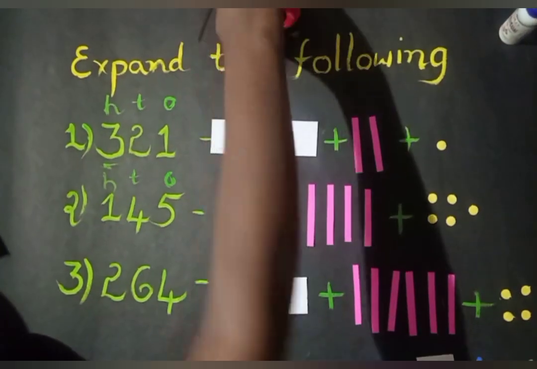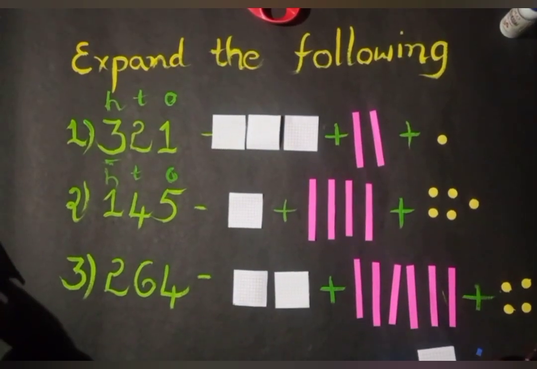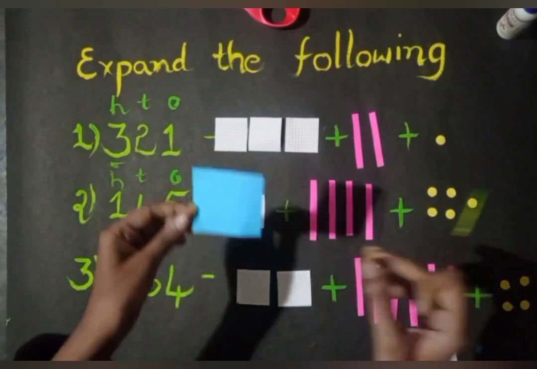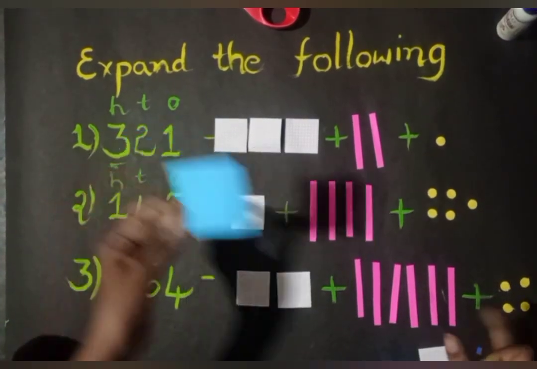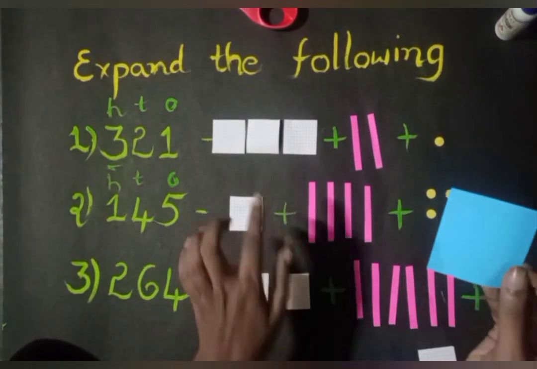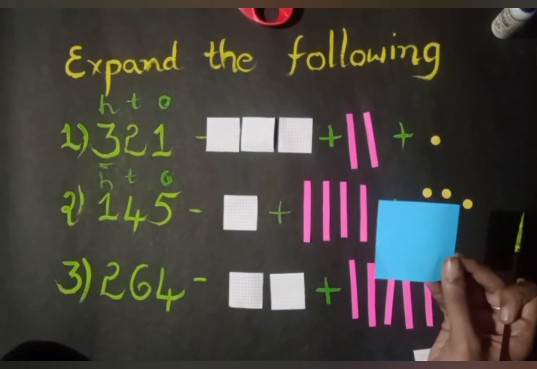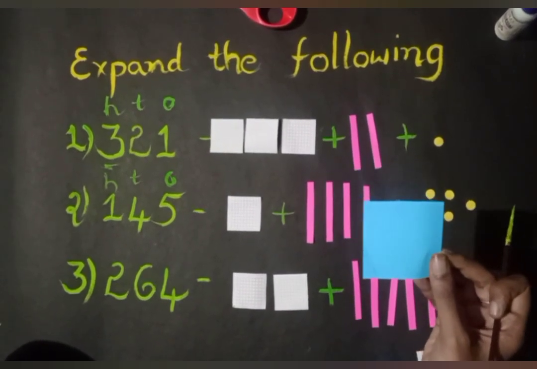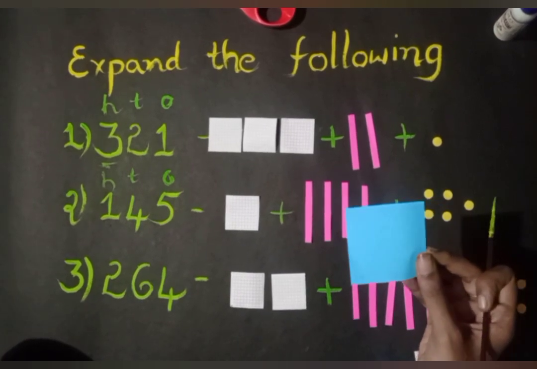So to do this, you just need square sheets. You can take 3 different colors. One is blue color, one is pink color, one is yellow color. If you make a difference in these colors, then it will look nice. Whoever presents properly, they'll get 5 out of 5 marks. I'm going to give you marks for this project.